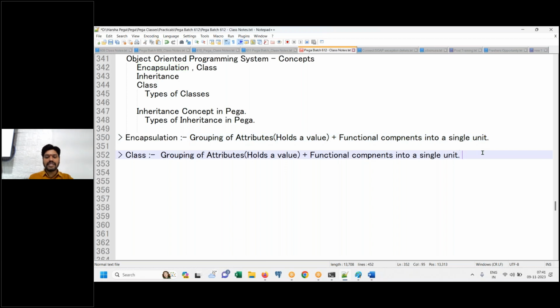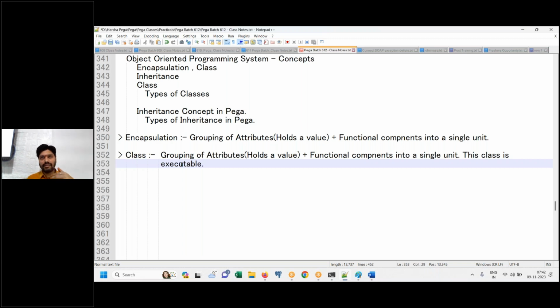Now, this class is executable. What is the meaning of this statement? Anyone tell me, executable means what? A car is executable. Executable means it has some movement and behavior. You ignite it, start the engine, execution begins.